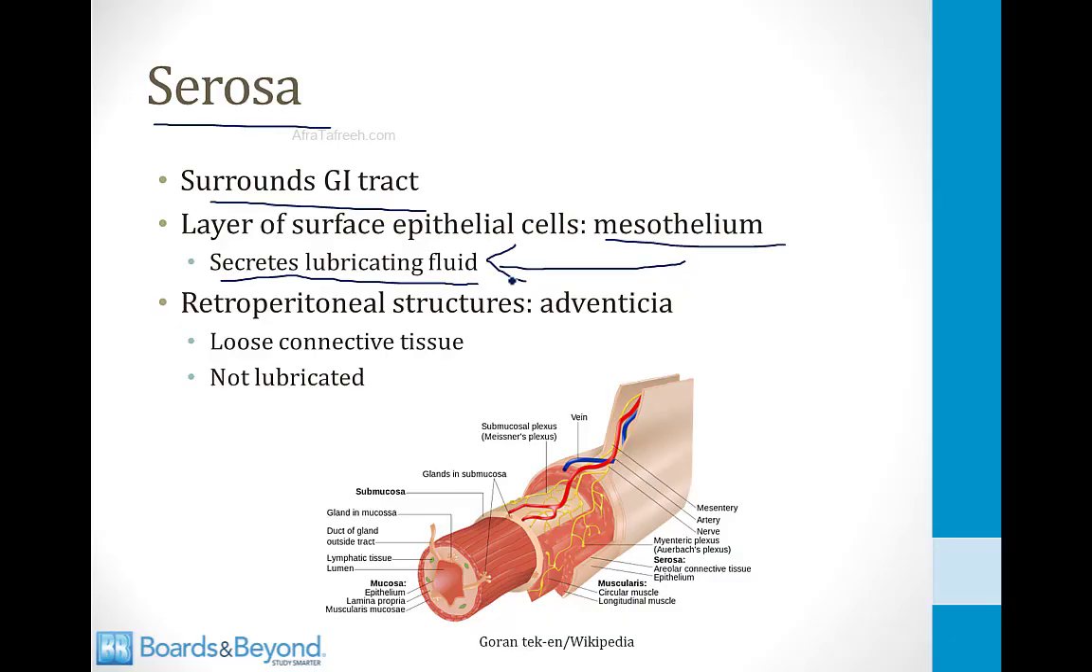They are not surrounded by a mesothelium. Instead, they are surrounded by something called adventitia, which is a layer of loose connective tissue. And they are a little bit different in that they are not lubricated like the other portions of the GI